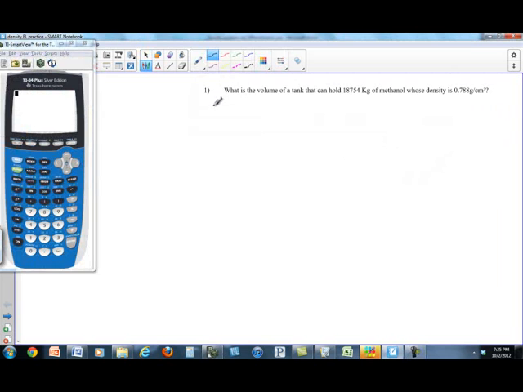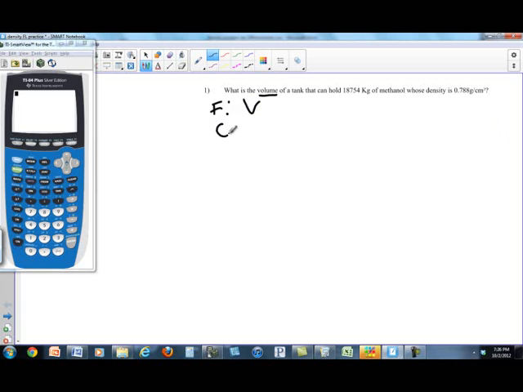Okay, so it's easiest, I think, to figure out what you're trying to find first. So what I'm trying to find is the volume. And I always ask myself, volume of what? Of a tank that holds that many kilograms. So that's my given, 18754 kilograms. Now I have a density given to me also, so I can use that as a conversion factor, either 0.788 grams over 1 centimeter cubed, or I could use it the other way if that helps me cancel units. Okay. So if I start with my given,